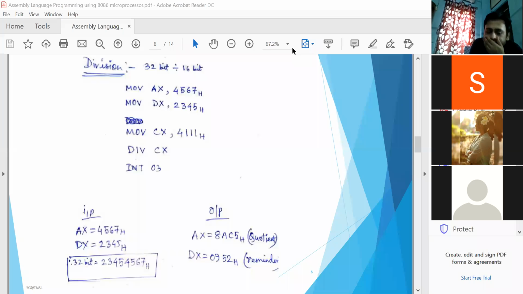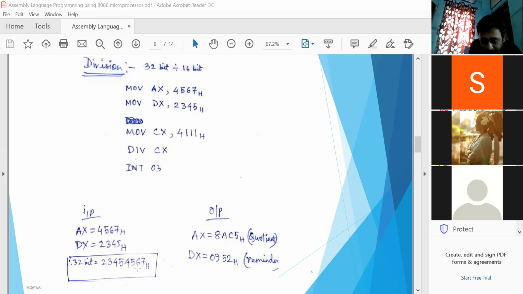So how can you load this 32-bit number into two registers? Suppose my 32-bit number is given as 2, 3, 4, 5, 4, 5, 6, 7.